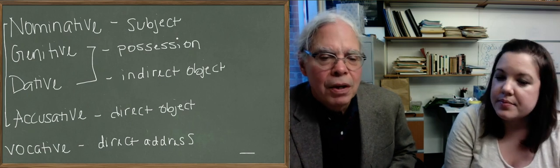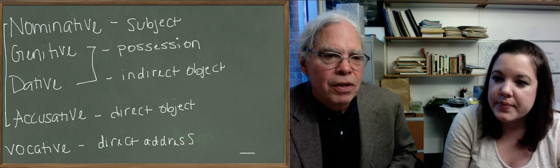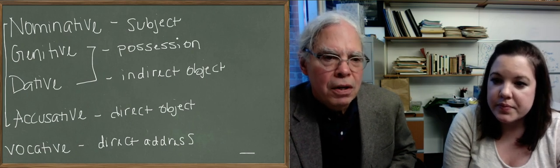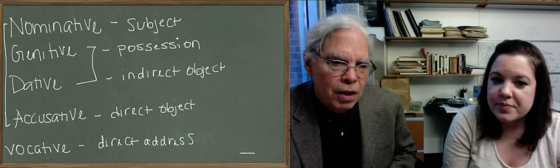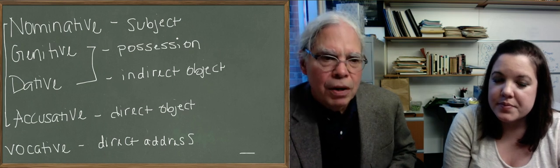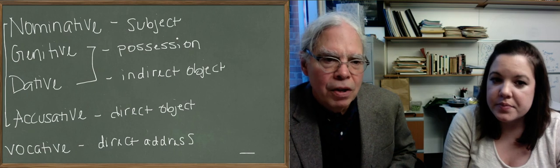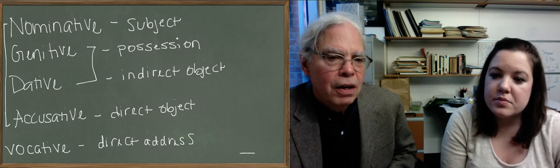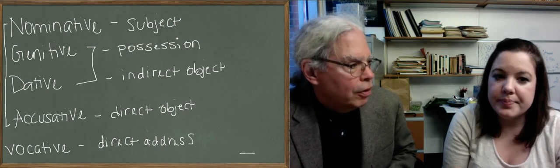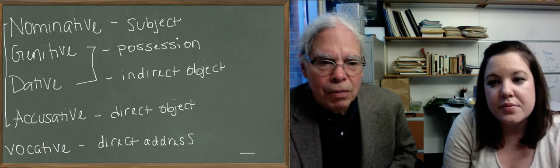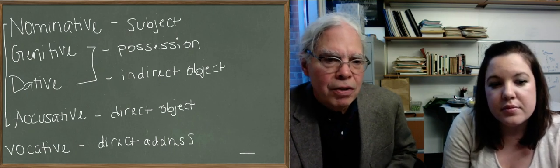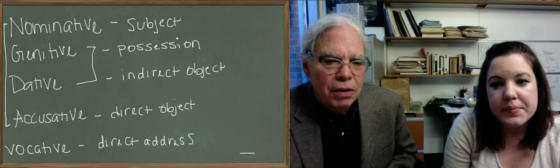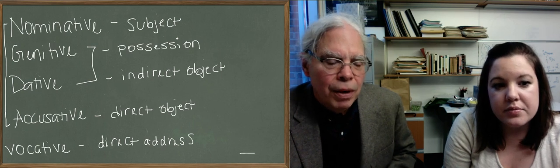But at this point, we're just going to stick to the basic definitions and the structural principle that contrasts each pair, subject versus object, they're opposed, but as a pair, they're opposed to the other 2, genitive and dative, which are indirect cases, and which also are opposed to each other, the genitive doing one kind of thing, and the dative another kind of thing. Okay? So we'll elaborate this structure. The grammatical structures have a basic aspect, and then they get elaborated, and we'll learn more about them. There's also the